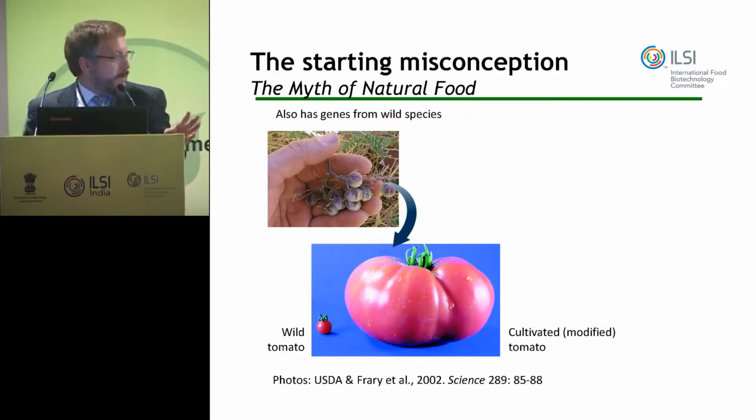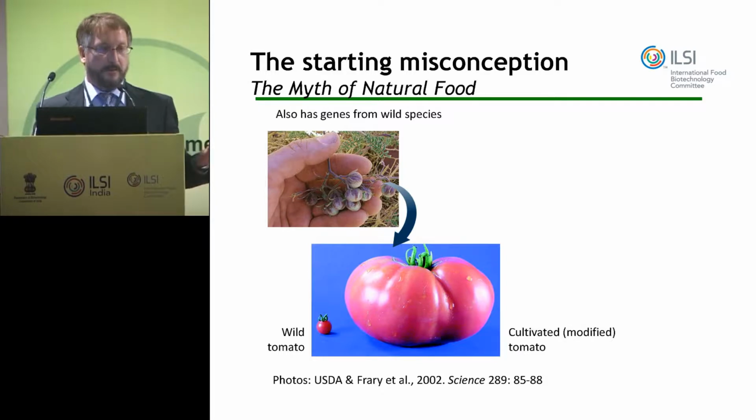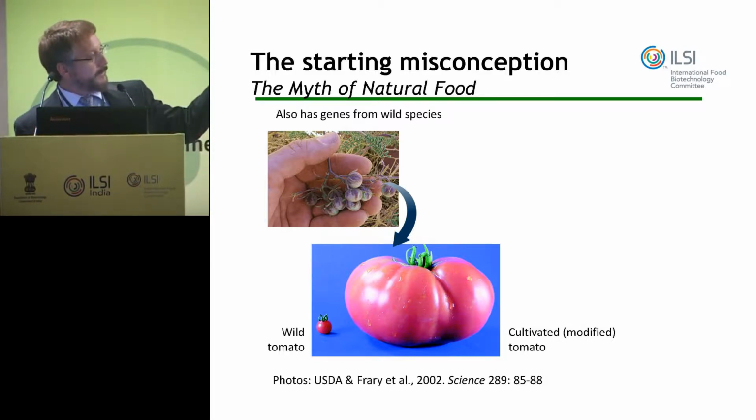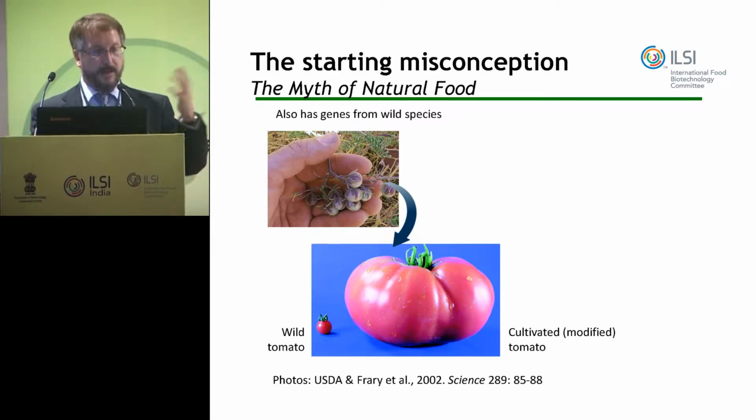Many people will say, oh, somebody found a tomato walking in Italy and brought it to their garden, planted the seeds, and that's why the Italians use so many tomatoes in their cooking. Tomatoes are from South America, and what was found in the wild was a tiny little tomato. And it is then the process of going from that little tomato to the modern tomato that we plant breeders call genetic modification. And in the process, in the past 50 years, breeders have been crossing it with other wild species and have brought about 50 different genes into tomato.